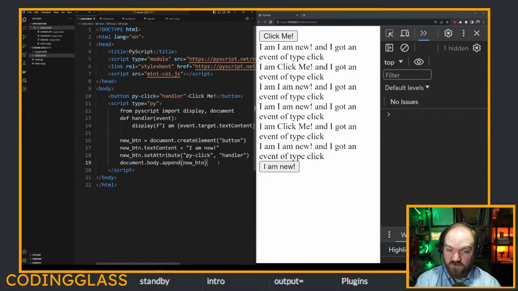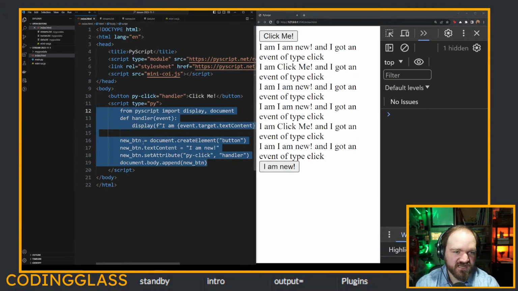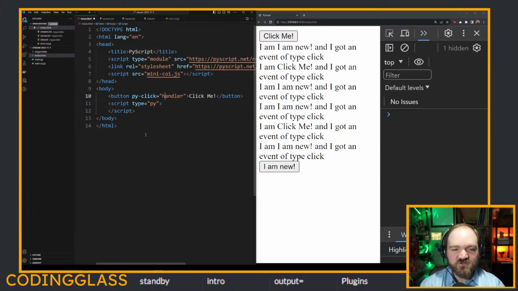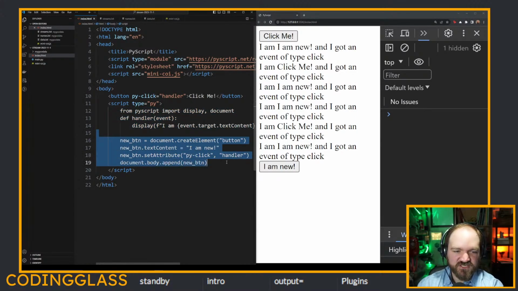So things that don't work with event handlers currently is workers. And this is actually a big discussion that is happening right now on the PyScript GitHub. You should absolutely go and check it out and leave your feedback and comments about how this would work, right? Because you can absolutely see the value of something like,